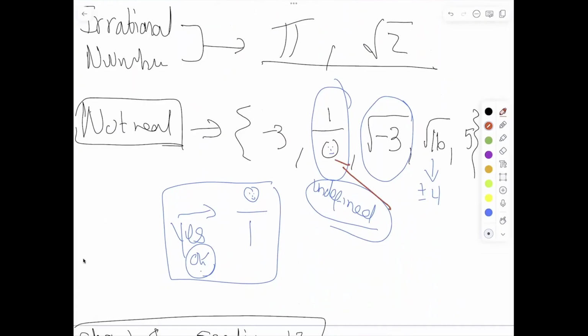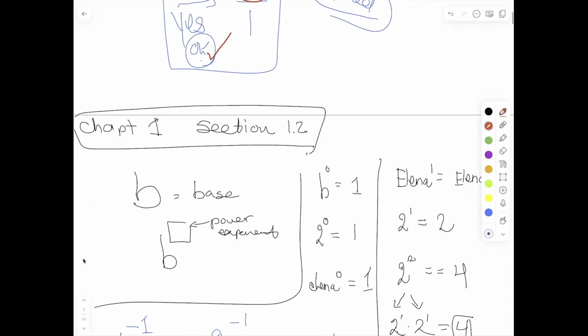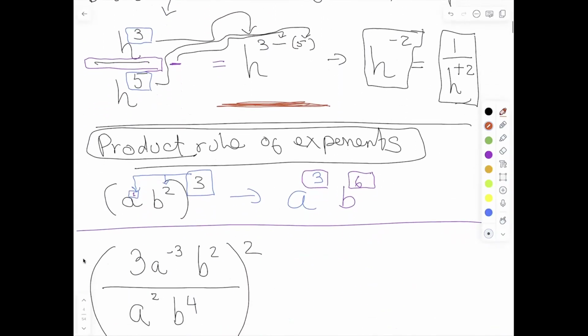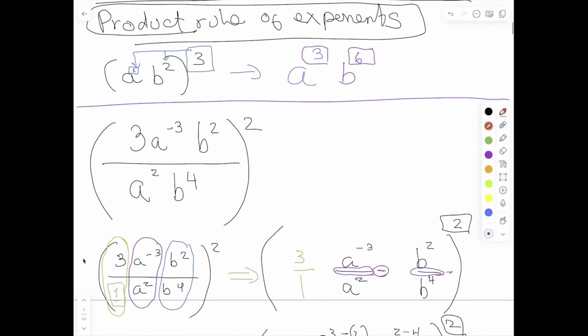No, it's not real. What happens if you have a 0 in the numerator? It's real. That's 0. Good question. You guys are picking it up. I love it. So now, let's talk about